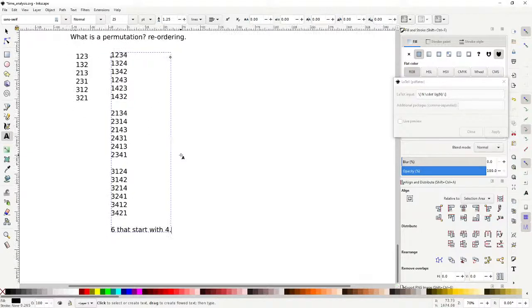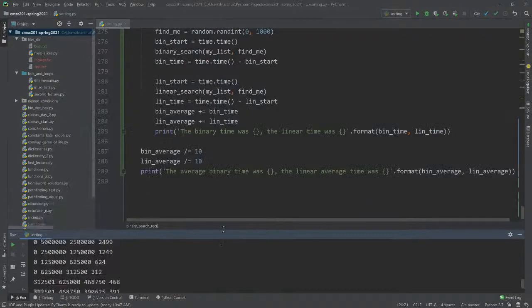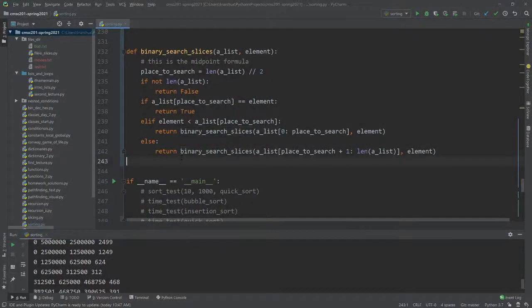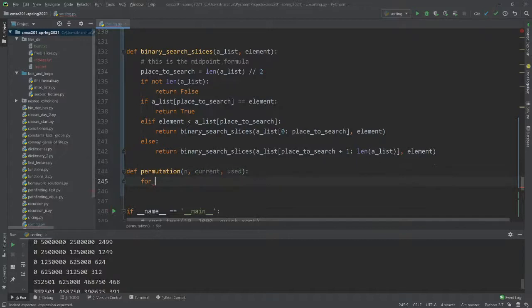And I'm getting lazy here. Actually, you know what? Let's just write a permutation generating algorithm. Here we go. And then we'll say used. And then we will just say, okay, let's see, for i in range 1 to n plus 1,